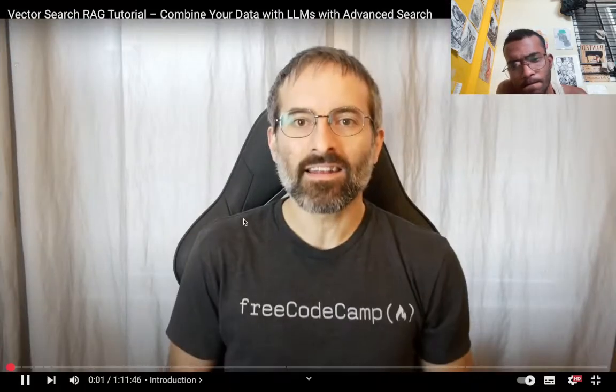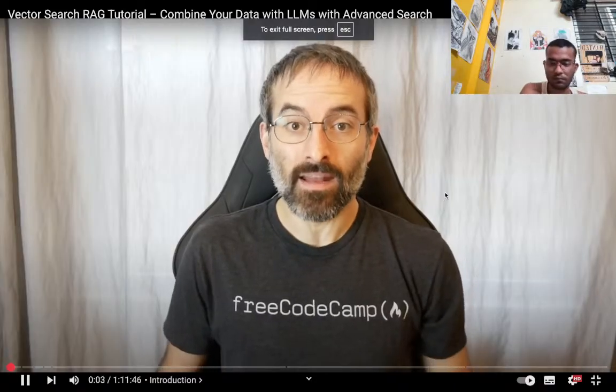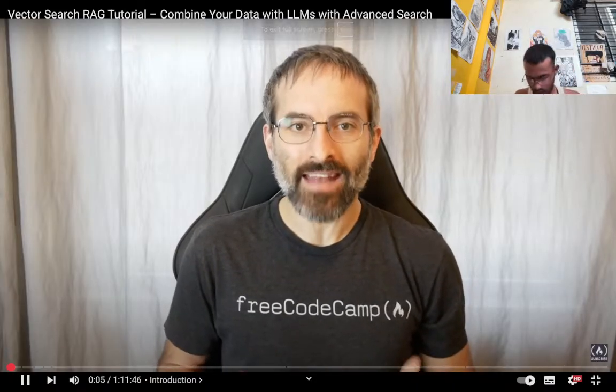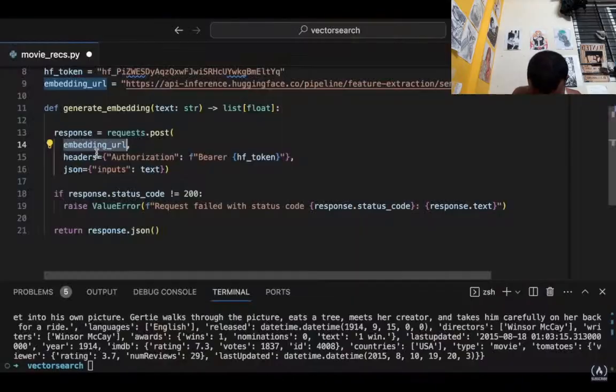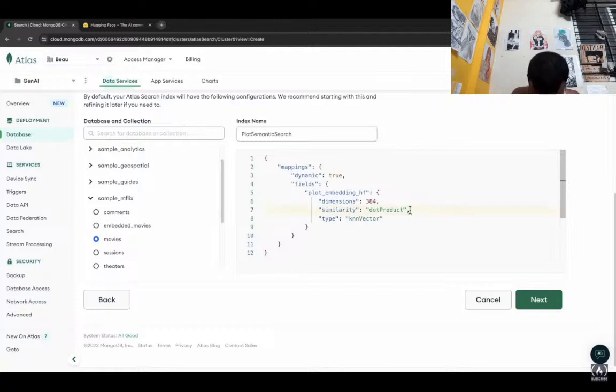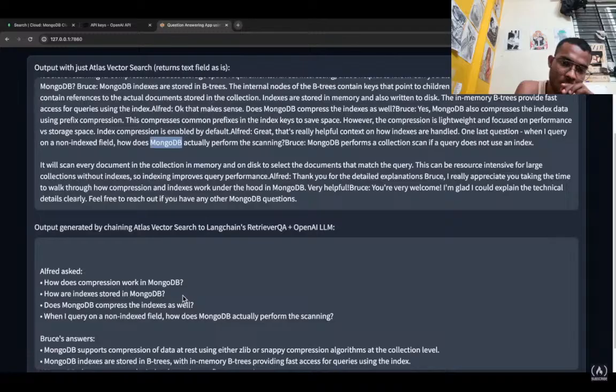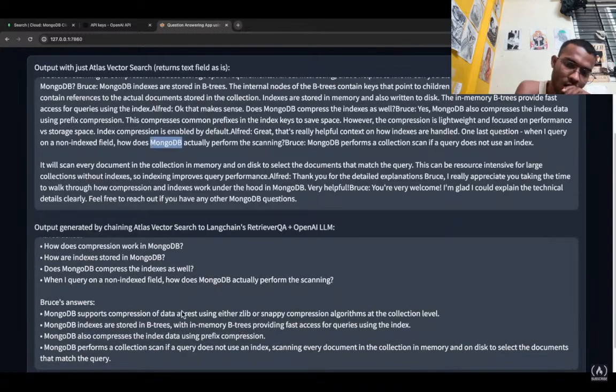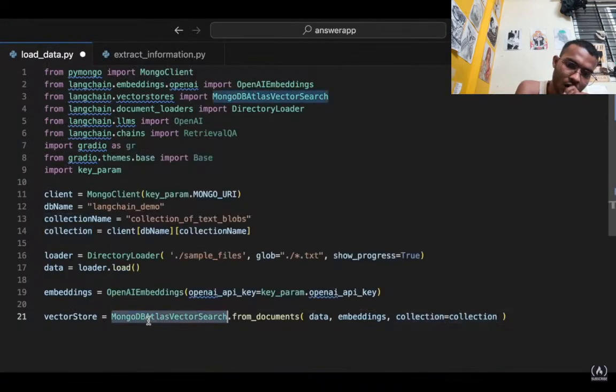In this course, I'll teach you how to use vector search and embeddings to easily combine your data with large language models like GPT-4. First, I'll teach you about the concepts, and then I'll guide you through developing 3 projects. In the first project, we'll build a semantic search feature to find movies using natural language queries. For this, we'll use Python, machine learning models, and Atlas vector search. Next, we'll create a simple question answering app that uses the RAG architecture and